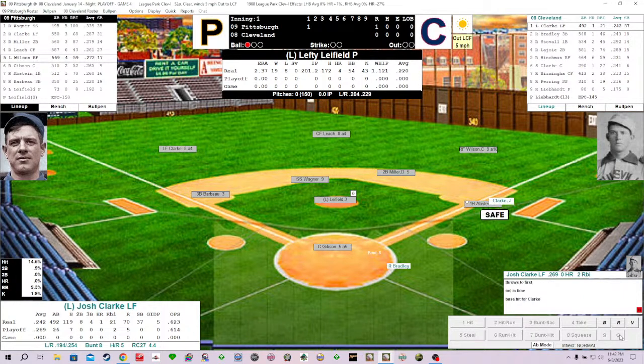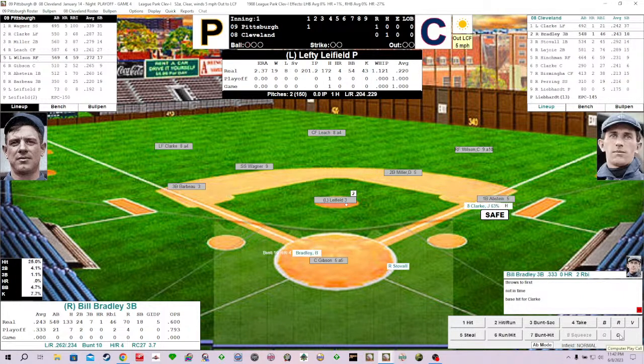Quick throw to first. And Josh Clark gets down the line and just beats Wagner's throw. So it looked like the tall grass there on the inside part of the diamond slowed that down a little bit, and Wagner, even with a strong peg, was unable to get the speedy Josh Clark. So expect to see some small ball, as we saw from the Bucs in the top of the first.